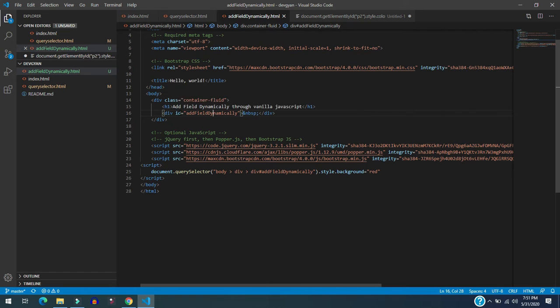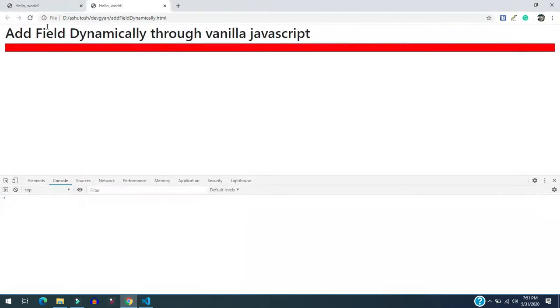In place of id, if you want to use a class, we can also do that. For example, if you write class here, because the class is denoted by a dot, we need to provide the dot here. And again I am refreshing.